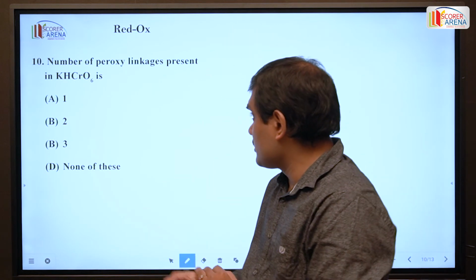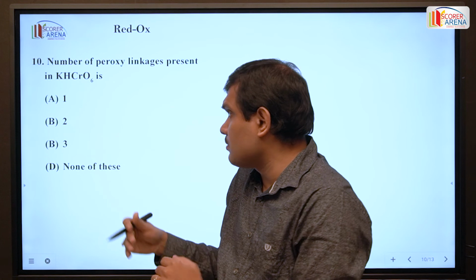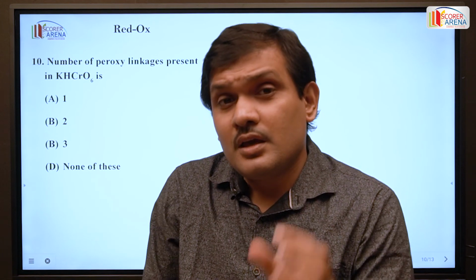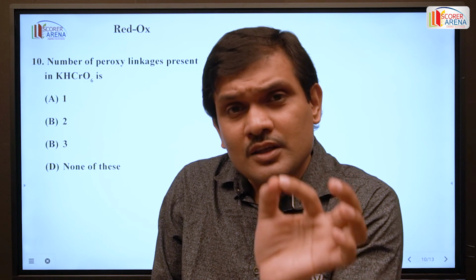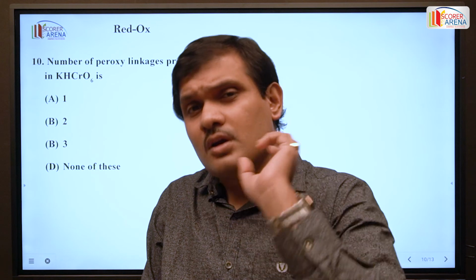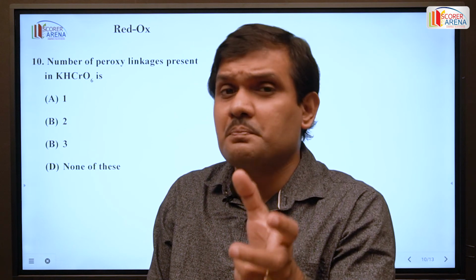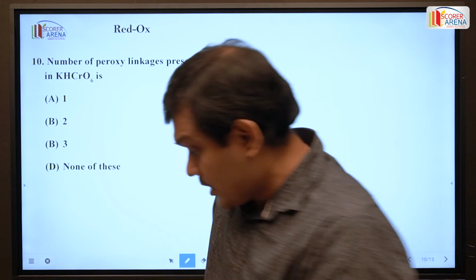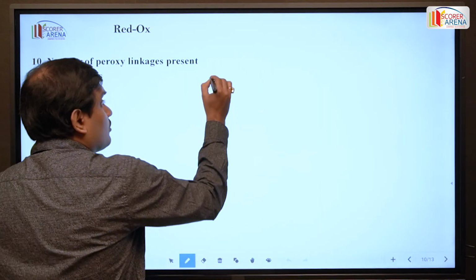A compound is given and you are asked how many peroxy linkages are present. So again we use the same concept. Think, if in any situation it exceeds the highest oxidation state, confirm there will be the presence of peroxide if oxygen is present. So in this compound here also I am applying